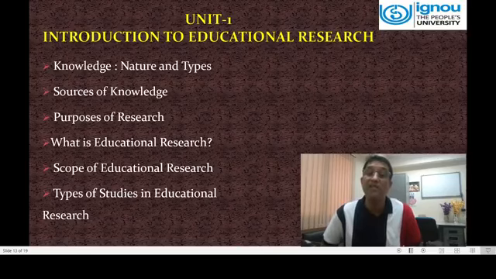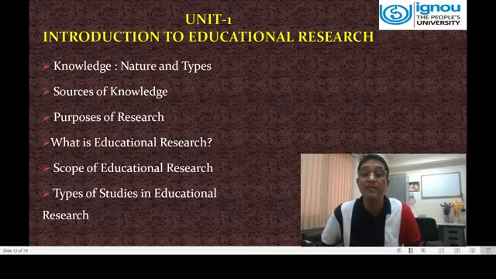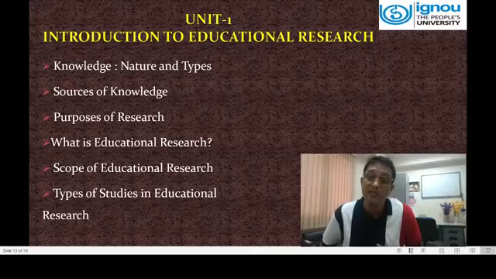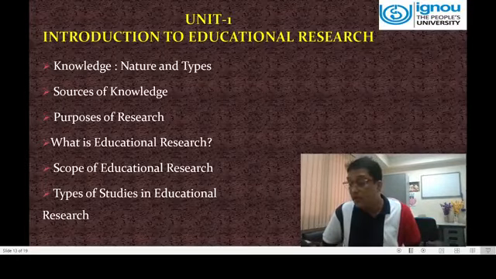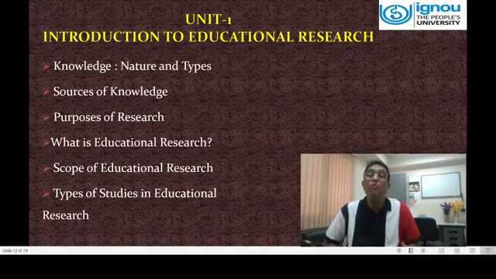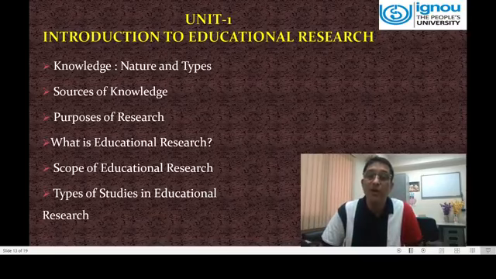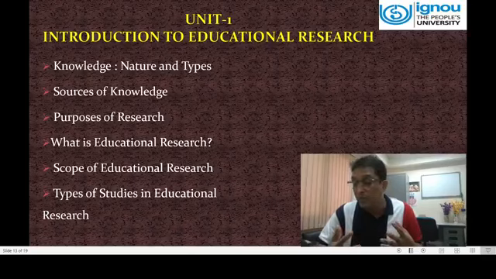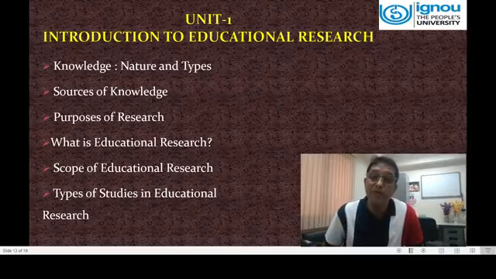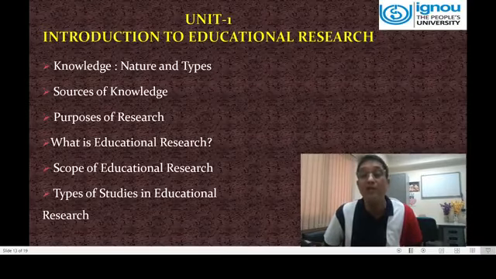So friends, this is called the graduated skills. The skills and competencies that the learner acquires from a program, from a course that the learner is undergoing. So that's why, friends, here procedural knowledge is based upon skills and competencies. This is a type of vocational knowledge, you can say. That means the more you involve yourself in observation and doing things, the more procedural knowledge you can acquire. Procedural knowledge means what processes you have to follow for solving a problem. So that is highly based upon skills and competencies.